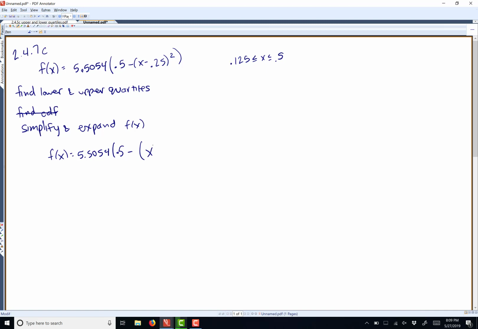If I FOIL that out, that should be x squared minus 0.5x plus 0.0625. Let's double check that. And so then, again, we'll have 5.5054. And if we do 0.5 minus all of this, we'll have negative x squared plus 0.5x, and then 0.5 minus 0.0625 gives us 0.4375. Okay. Now I'm going to go through and multiply everything by that 5.504, just so I'm not dealing with it the whole time. So we'll have negative 5.504 x squared plus